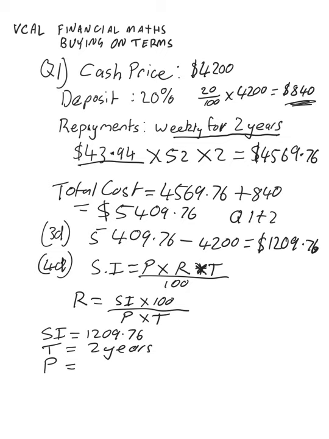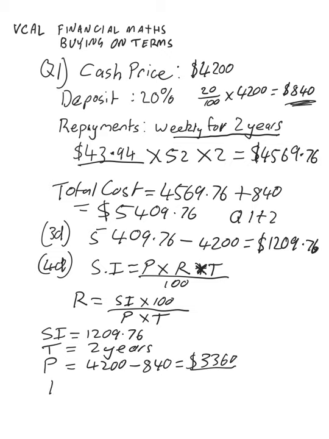Now, you were supposed to pay $4,200, but you did pay $840. What you didn't pay right from the start was $3,360. So that effectively is the principal. In question 4, there's no deposit, so the cash price in total is the principal. Now, if we put these 3 values into our formula above,